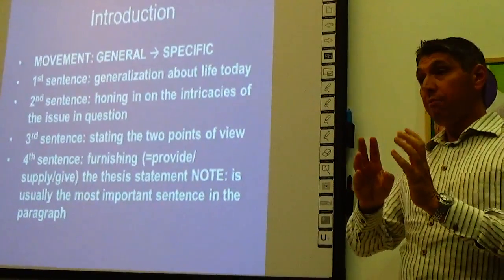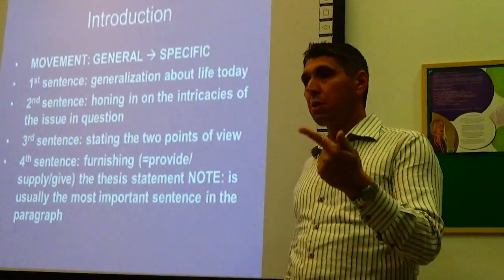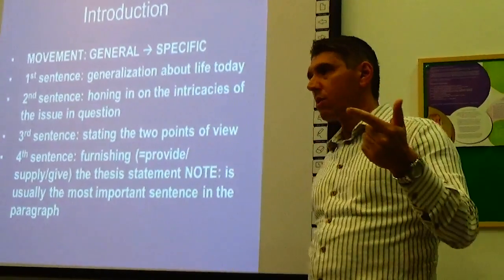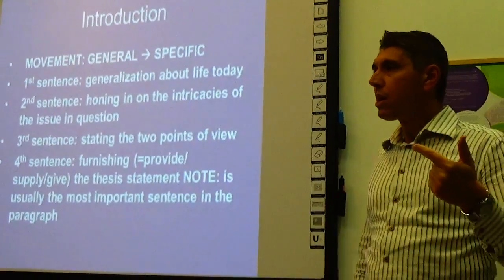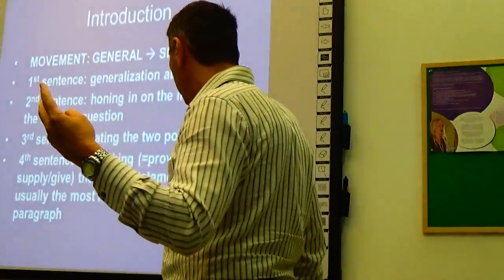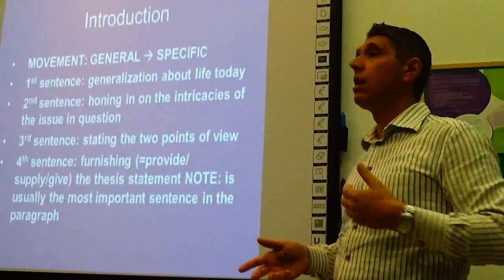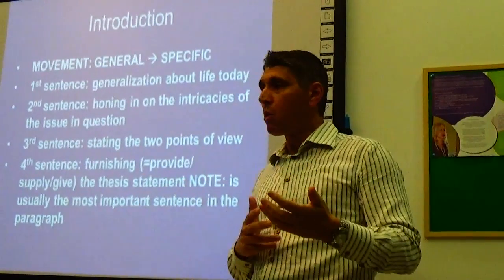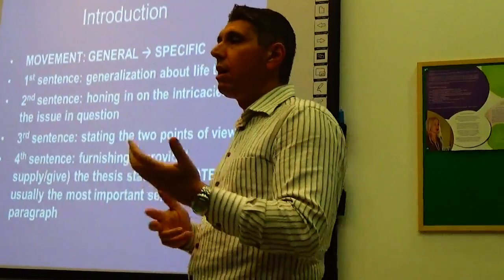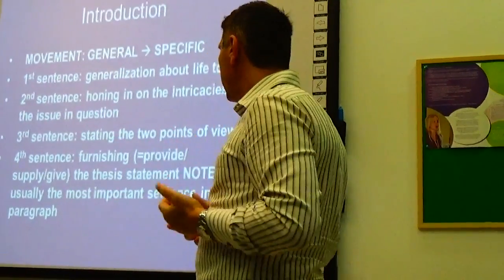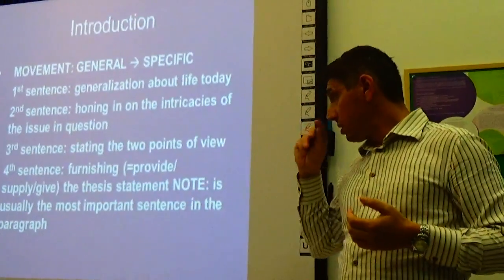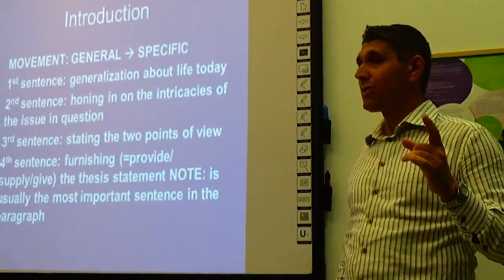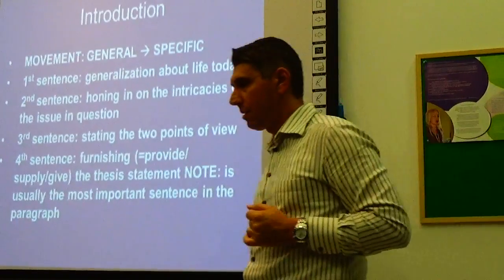It's very specific in two ways. The first way is that the writer states his or her opinion. Okay, so they make it clear to the reader. And the second way is they give the two reasons why they hold that opinion. Or maybe if it is an expository essay, they mention the two or three challenges faced by working mothers, or they identify the two or three causes of a phenomenon. Okay, so this is the most important sentence in the introductory paragraph, and somebody might argue the most important sentence in the entire essay. Okay.